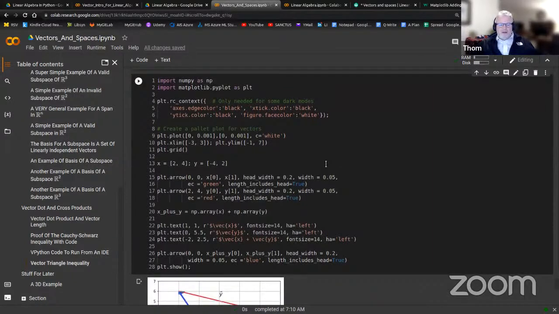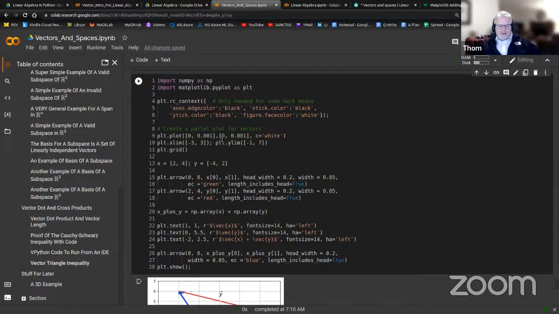Well, that's what I did down here. And okay, now let's think. I'm just importing NumPy and Matplotlib. Then I'm doing that fix for being in dark mode in a notebook. I'm sure they'll get all this fixed someday. No, it's nice because dark mode means you're using less energy too, right? Now I'm creating our palette to plot